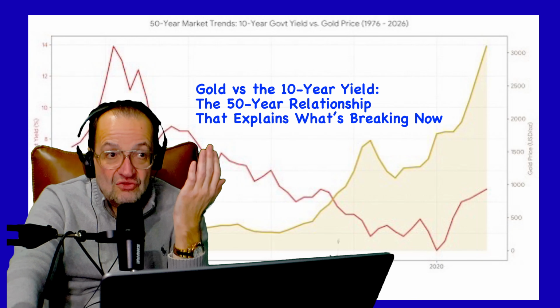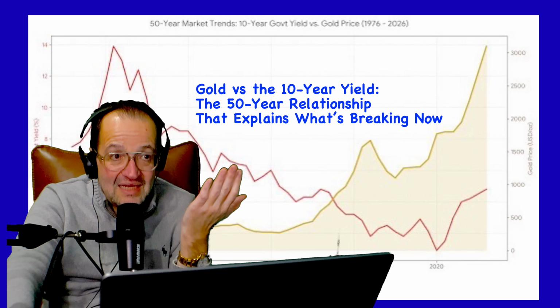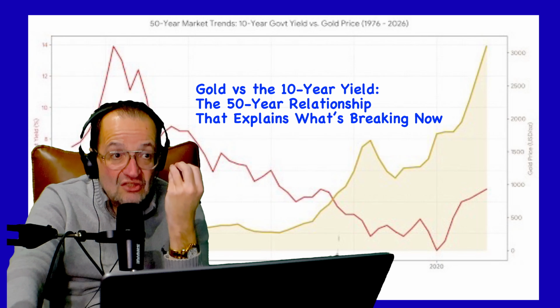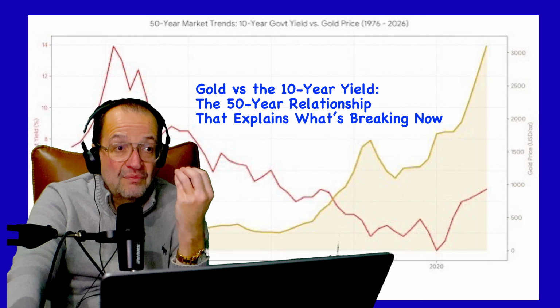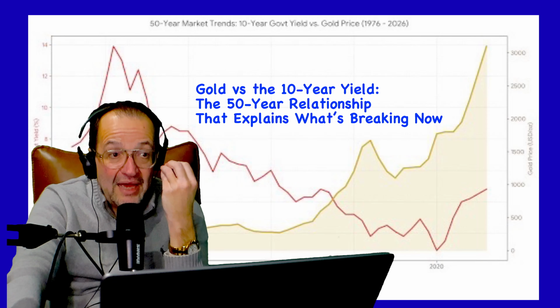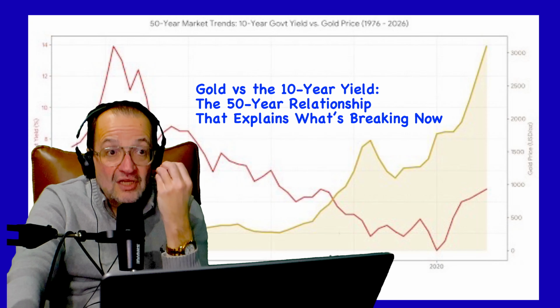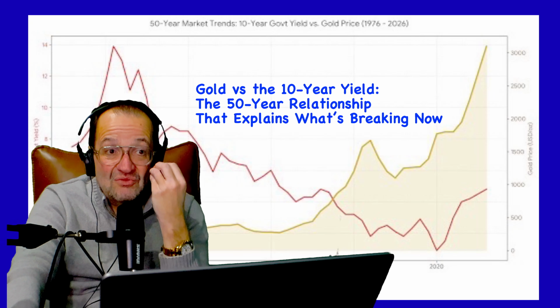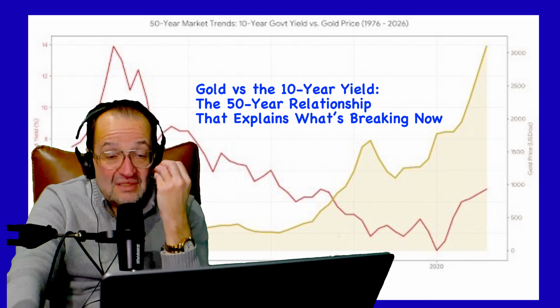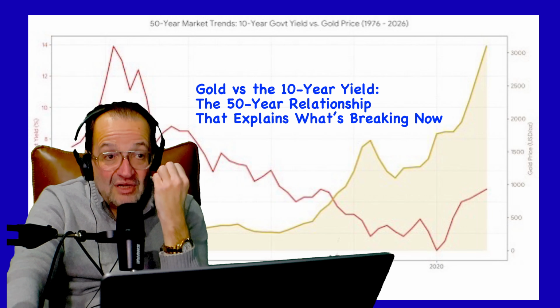Now, 2022 onward, as you can see towards the right of the chart, once again, something interesting happens. Yields rise sharply. Gold also rises. This confuses people. But by now, you should recognize the pattern. When yields rise because growth is strong, gold struggles. But when yields rise because inflation and debt risk are high, gold survives and often thrives. This is not really about direction. This is about why.